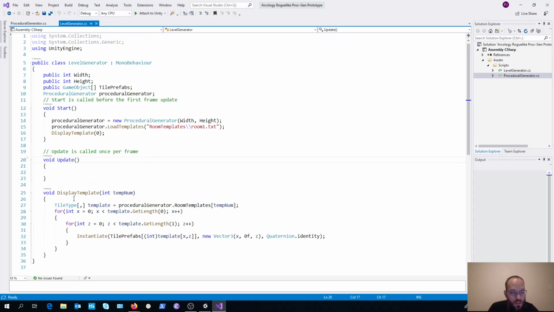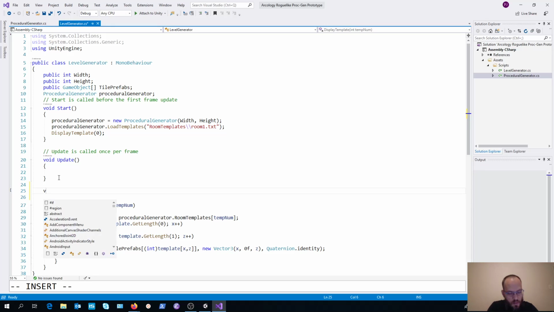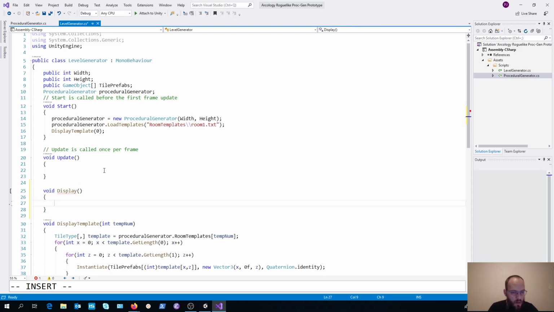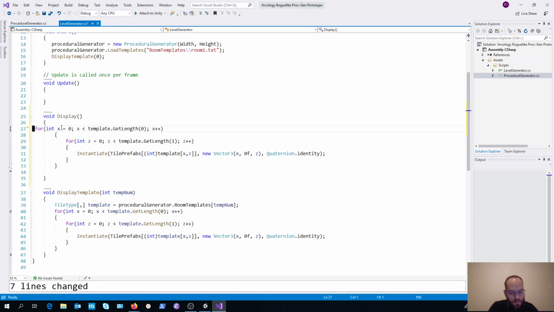So what we really want to do is to create our proper display method, which would work very similarly to the display template method, but instead of displaying one specific room template, it would display our entire randomly generated map. So our logic is very similar.